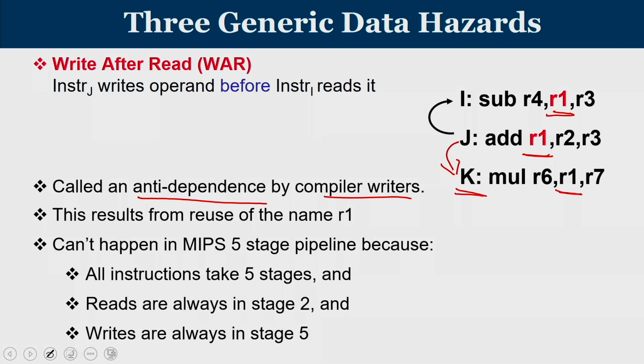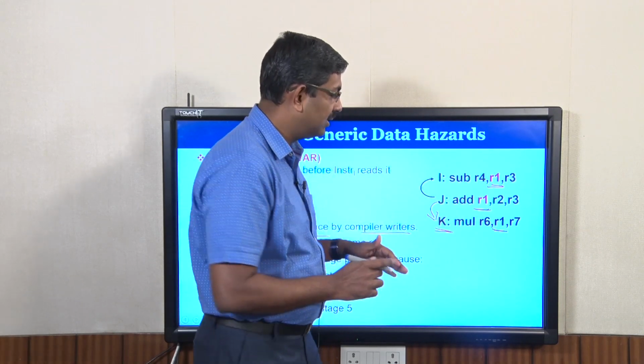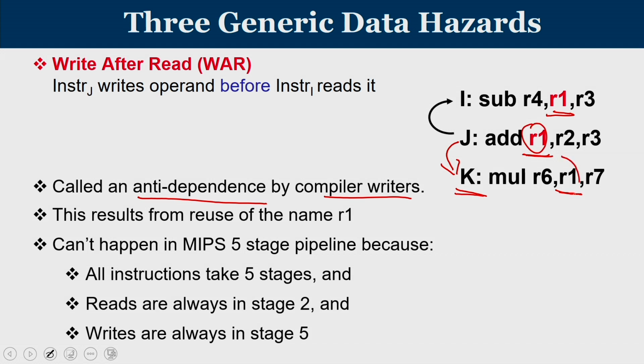So, during the translation of your high level language instructions to machine level language, the compiler has to choose the appropriate register names for carrying out the execution. Now, how can the compiler get impacted? In this scenario, the compiler is using the register name R1. When the compiler is using the register name R1, that same register R1 will be used by the subsequent instruction which is dependent on it.